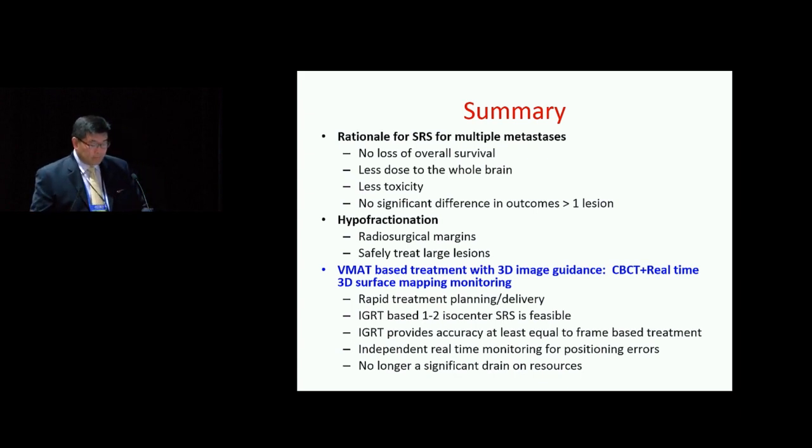Hypofractionation, we're doing more and more of it because it's just becoming more and more feasible with frameless systems. We can still use radiosurgical margins by using image guidance and surface guidance paradigms, and it's allowed us to treat very large lesions safely, perhaps by going to a hypofractionated treatment paradigm. The last thing I'll bring up in summary is that